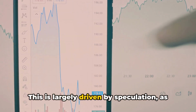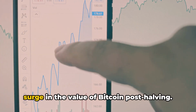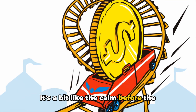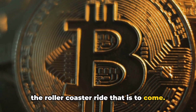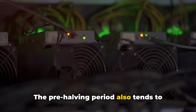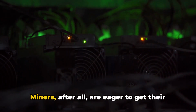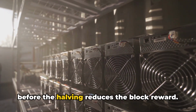This is largely driven by speculation, as investors and traders alike anticipate a surge in the value of Bitcoin post-halving. It's a bit like the calm before the storm as market participants prepare for the roller coaster ride that is to come. But it's not just about speculation. The pre-halving period also tends to bring about a significant uptick in Bitcoin mining. Miners, after all, are eager to get their hands on as many Bitcoins as possible before the halving reduces the